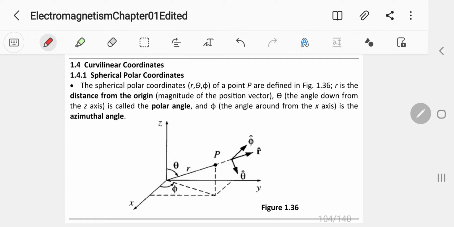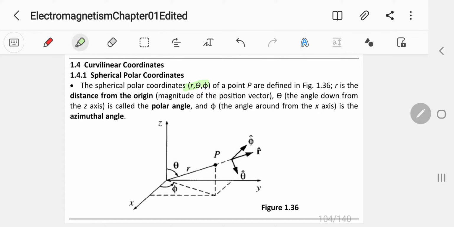So we're now going to investigate curvilinear coordinates, and there are two: spherical polar coordinates and the cylindrical coordinate system. We'll start with spherical polar coordinates. The spherical polar coordinates have variables r, theta, and phi. So if you have a point P,